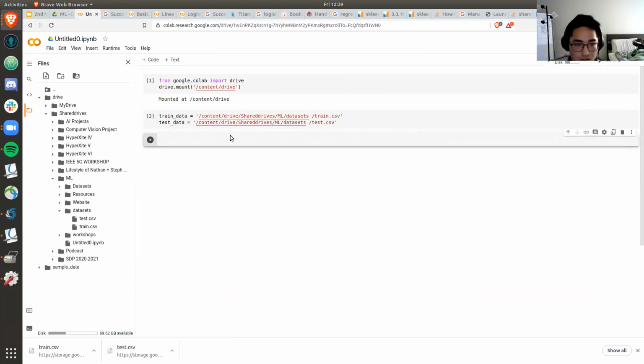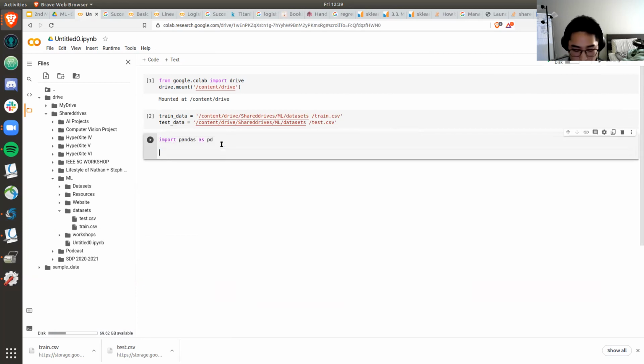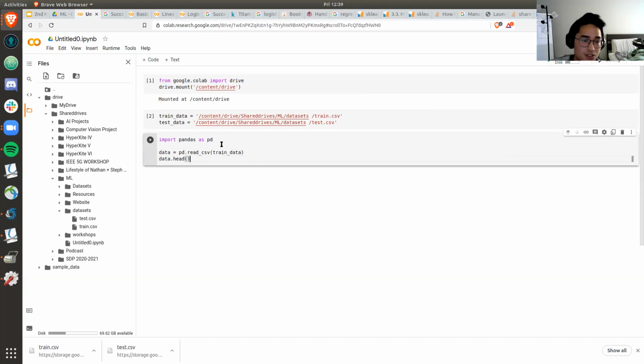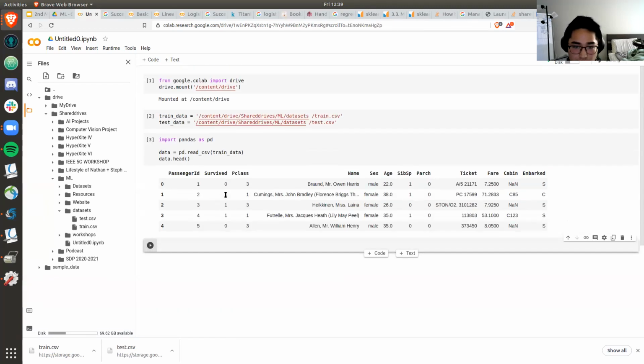And now if you want to see what your data looks like, you just import pandas as pd. And then you do df, which stands for data frame. I'll say data equals pd.read_csv. A really nice thing about pandas is that it has its own function for reading CSV files, which stands for comma separated values, because most of the values you find in CSVs are separated by commas. So you read your CSV file, for example, train data. And then once you read your train data, you can use data.head. data.head means that it'll read the first 5 data points. And there you go. So now you have your datasets.